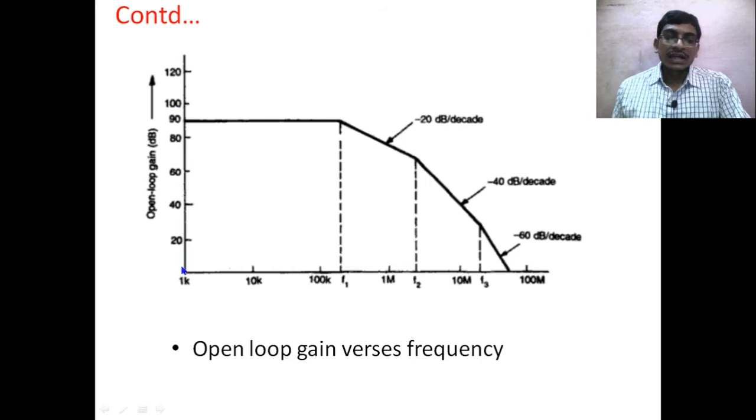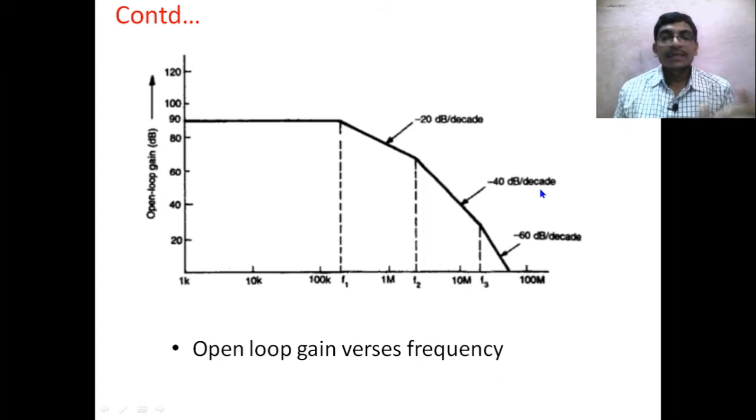Okay, so let us see, on the x-axis we are taking the frequency, on the y-axis we are taking the open loop gain in decibels. At low frequencies, the gain is maximum. It is starting from the maximum. After the corner frequency f1, the gain starts to decrease, and this decrement rate is minus 20 dB per decade. After the second corner frequency f2, the gain is again decreasing faster, which is minus 40 dB per